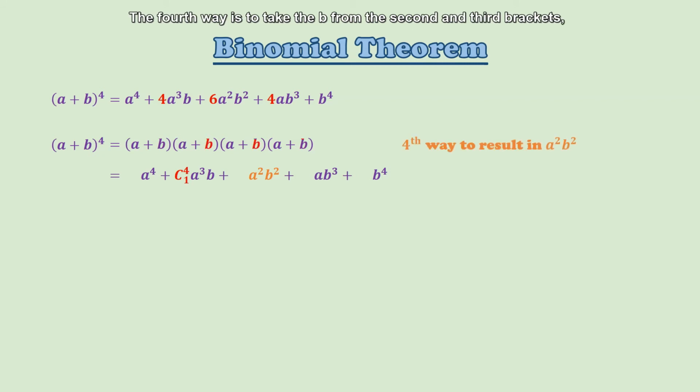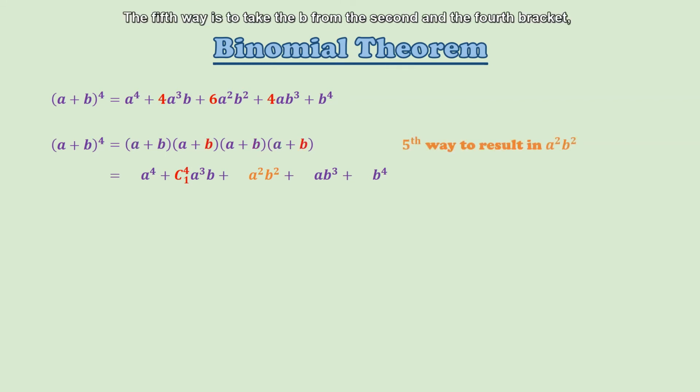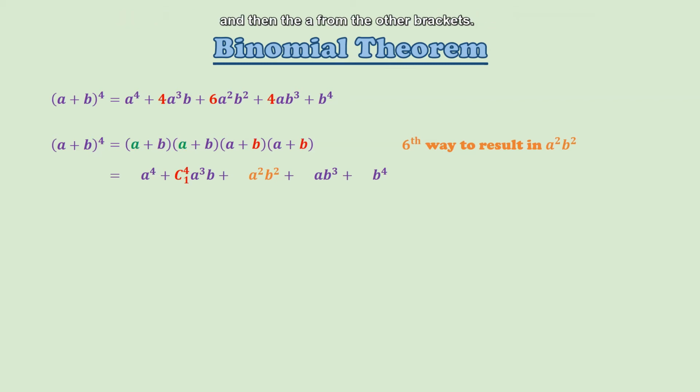The fourth way is to take the b from the second and third brackets and then the a's from the other brackets. The fifth way is to take the b from the second and the fourth brackets and then the a's from the other brackets. And then the sixth way is to take the b's from the third and the fourth bracket and then the a's from the other brackets. In other words, there are 4C2 ways to result in a squared b squared, and therefore the coefficient is